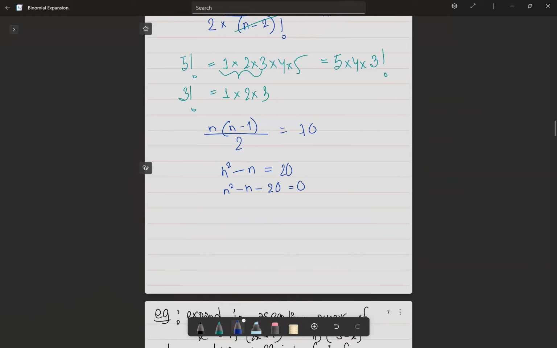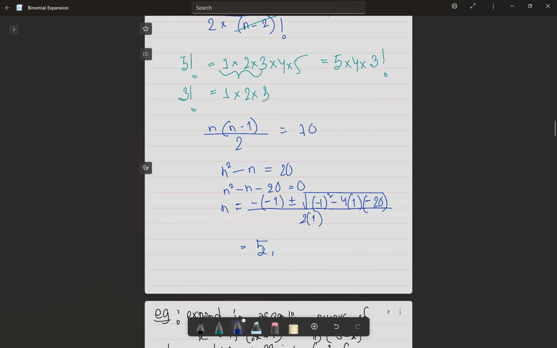I have the quadratic formula that I want to use. If I want to use it, then I can use it, and I'll get n is equals to minus b plus minus root over b square minus 4ac divided by 2a. And if I solve it, I'm going to get the values of 5